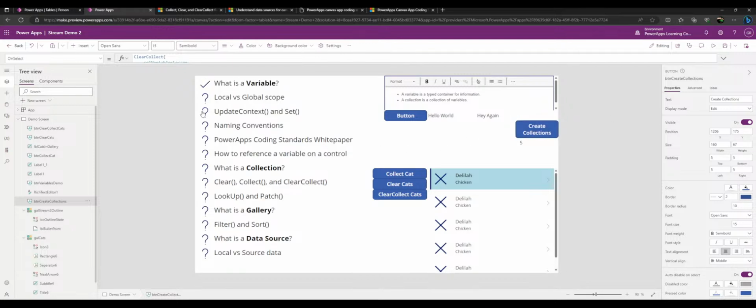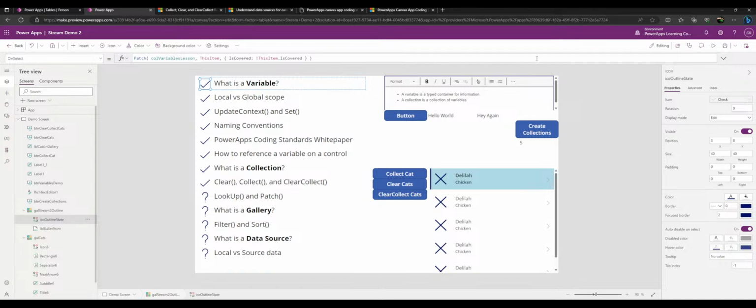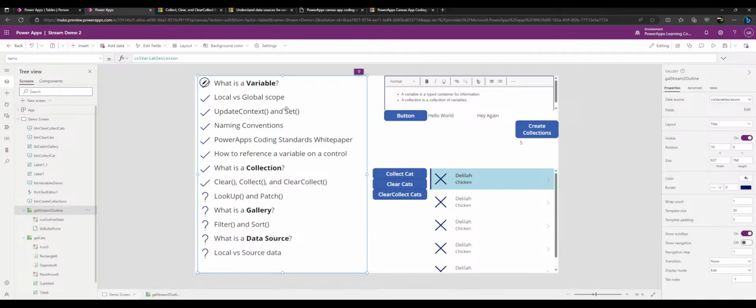There we go. Let's re-click on everything that we clicked on. What's a collection? Yeah, there we go. All right. So the idea is inside here, inside this little icon that I added, this